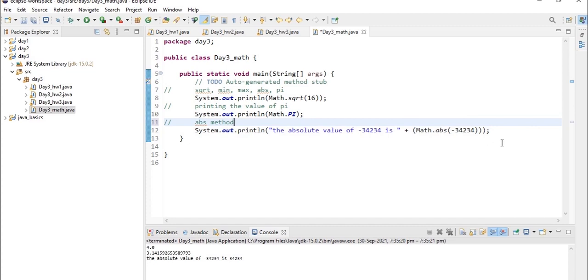So now let's discuss the max method, that returns the maximum value of two numbers.